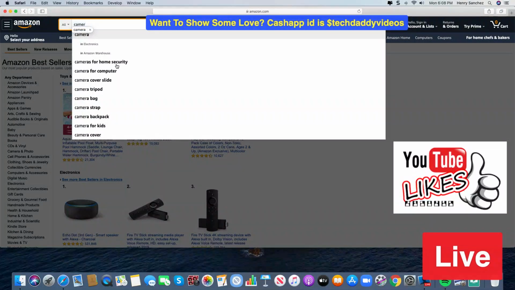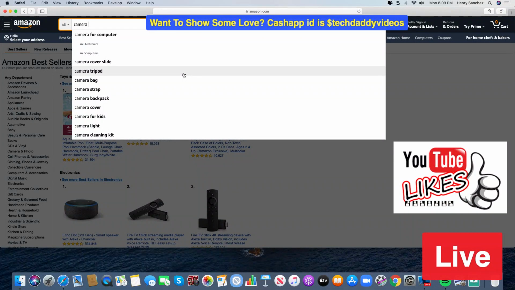For example, this one here: cameras for home security, camera for computer, camera tripod, camera bag, strap, backpack, camera for kids, camera cover. Every time I add to that, things start to change here, and it just depends on what I'm actually looking for.